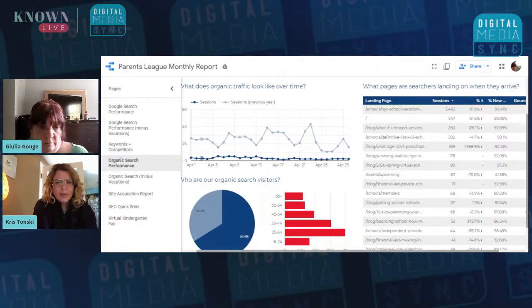The keywords and competitors, is that contingent on a paid campaign? Or if you're not even paying, you would get a list of those items? So the keywords and competitors, yeah, that comes from a couple of different sources. The regular keywords can come directly from the website.